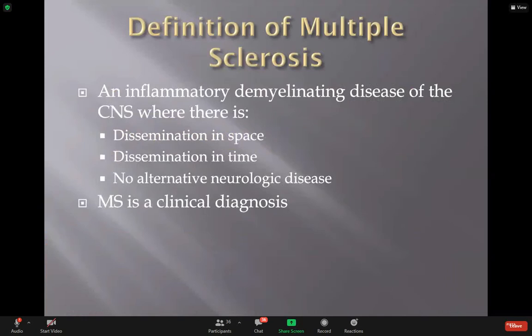So, first of all, your definition of multiple sclerosis is basically an inflammatory demyelinating disease of the central nervous system. There is dissemination in space, dissemination in time, and no alternative neurological disease. MS is a clinical diagnosis. Okay, so dissemination means